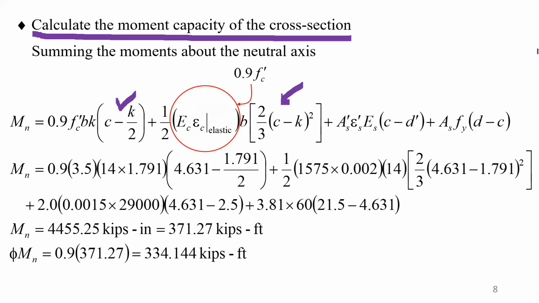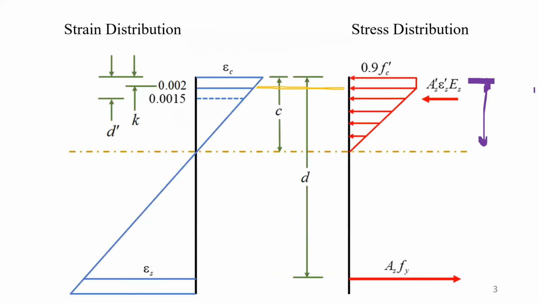Two things are worth mentioning here. The first one, the term Ec times epsilon c in the elastic range should be equal to 0.9 f'c, and the moment arm is 2/3 times (c minus k),